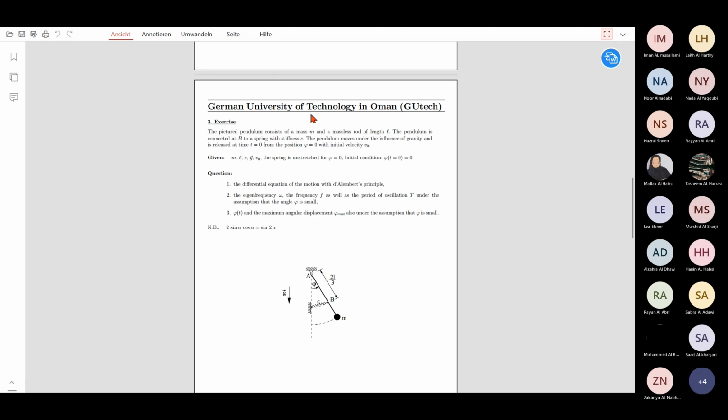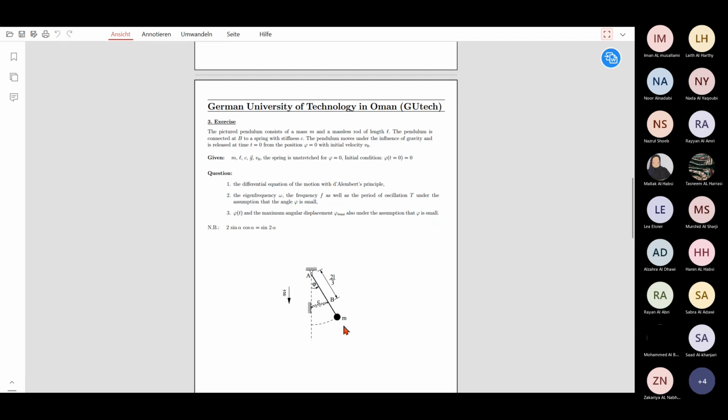For the third exercise, as I said, the first and the second exercise, I have recorded them. I will put them today or tomorrow in Moodle. And for the third exercise, we have the pictured pendulum here, consisting of a mass M and a